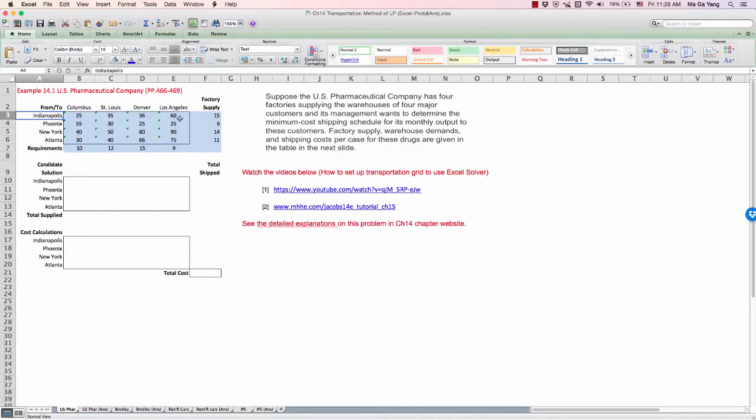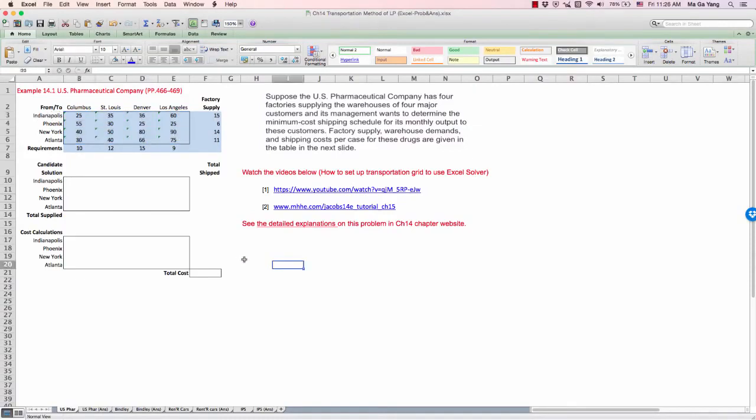And Indianapolis has 15 units to supply. That's the supply availability. And within this table, this indicates the shipping cost per unit. So $25 here indicates the cost to ship per unit from Indianapolis to Columbus, and so on.